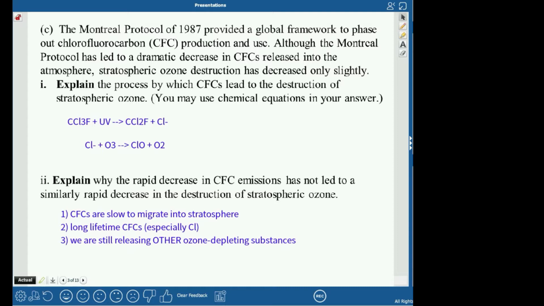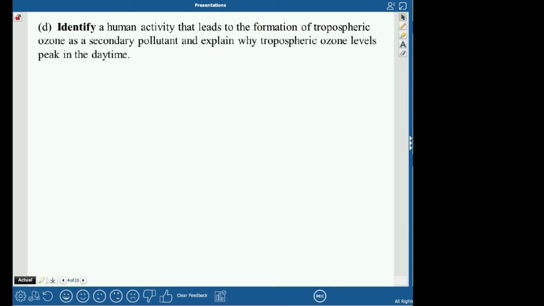Okay, so those are some of the main reasons. Reasons 1 and 2 are really the main reasons, but 3 is kind of a little one, so they give you credit for it. Okay, now